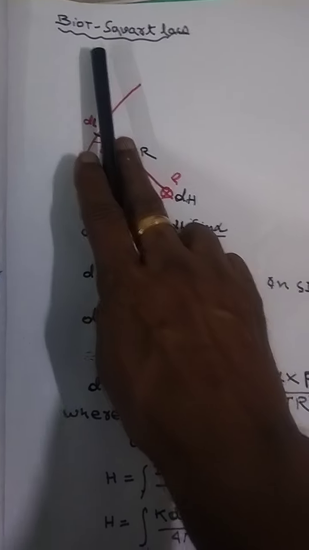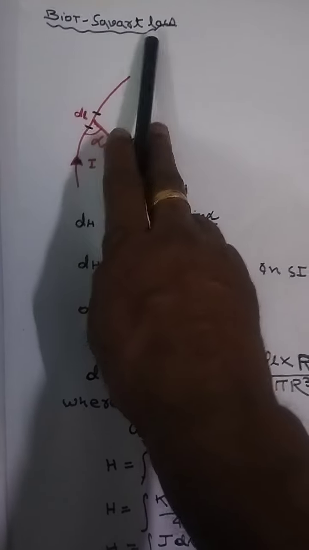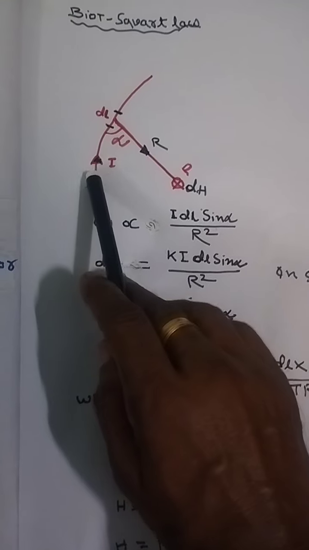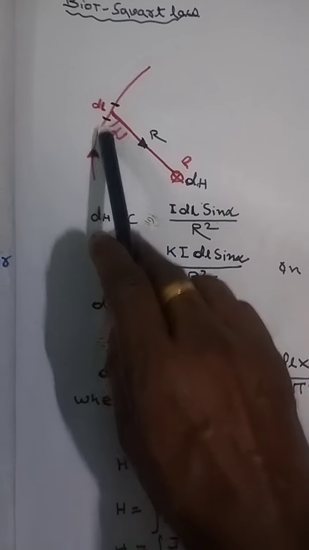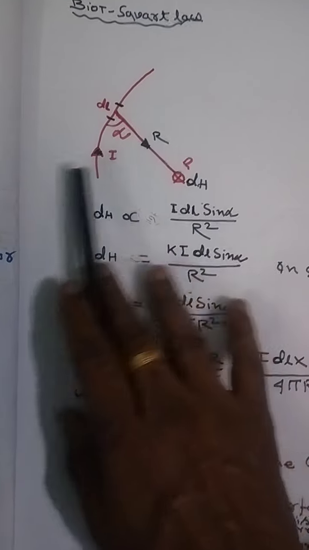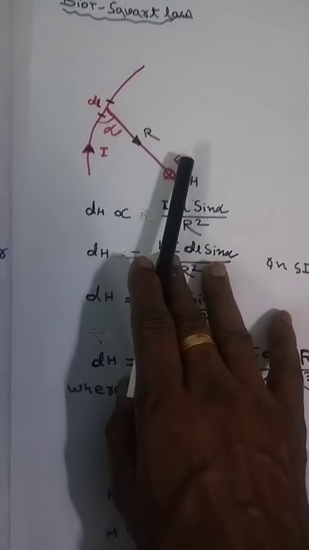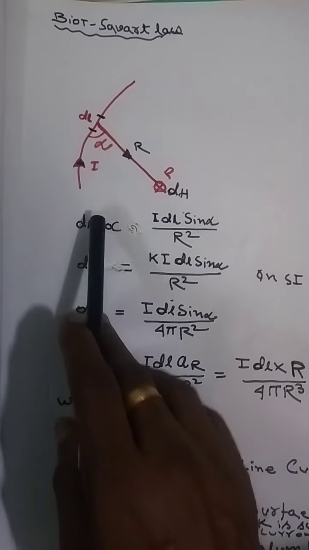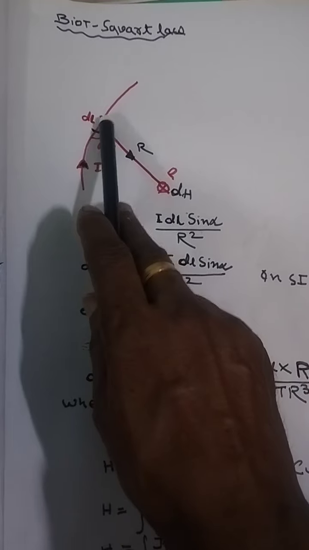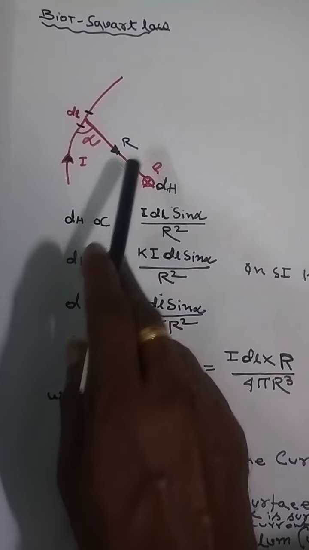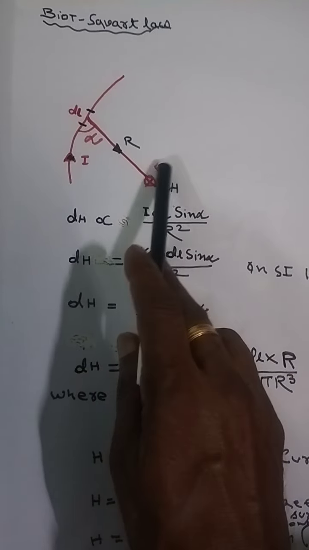Today I discuss the Biot-Savart law. When a conductor carries current, flux is produced around the conductor. Now this is the conductor, with current I flowing through it. dl is a small part of the conductor, and here is P,